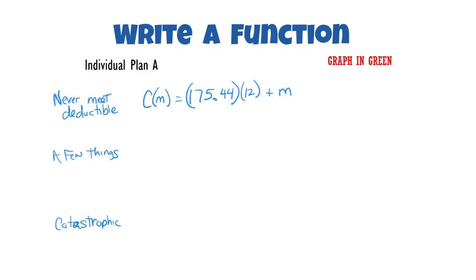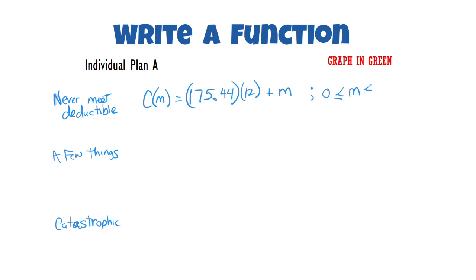Okay, now remember it's a piecewise function because I am only going to use this function on the scenario where I didn't reach my deductible. So then what that means is that M would have to be less than, well, actually, let me back that up. First of all, it's actually going to be a compound inequality is what I'm going to show here because it doesn't make sense for M to be negative. So we would say M is going to be greater than or equal to 0,